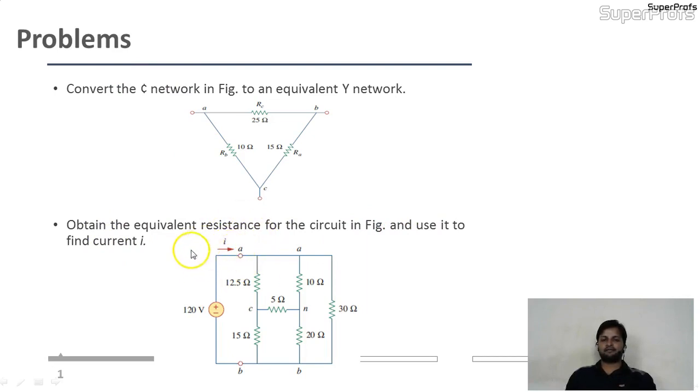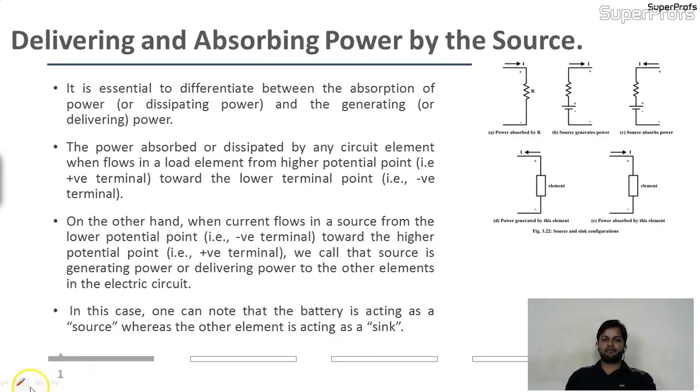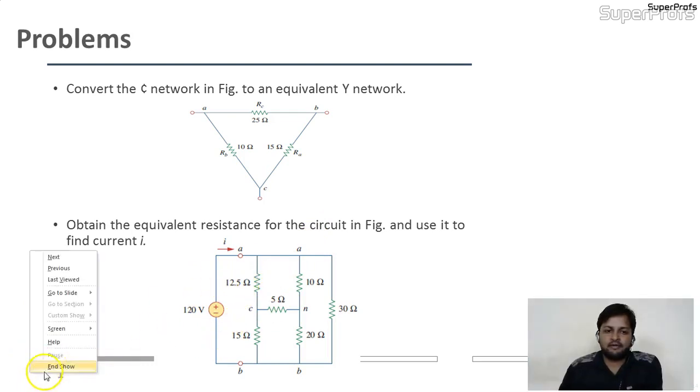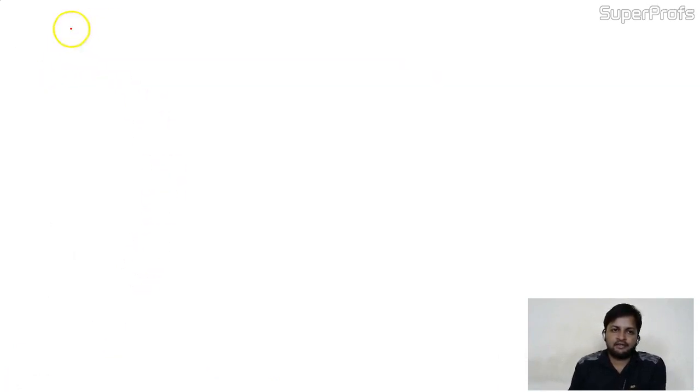Our task is not only to find the value of current, but to find the equivalent resistance. So this is the question. Come to this circuit, I'm drawing it on the blank page over here. We have to find out the R equivalent as well as the current in the circuit. And the given circuit is